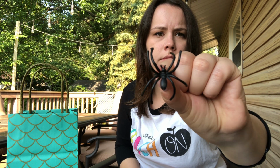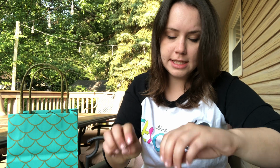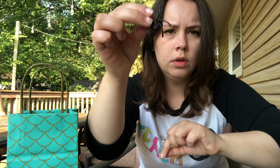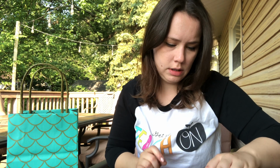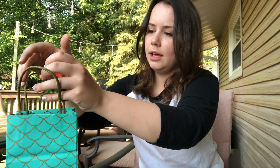What do you see? A spider. Is it an insect? No. Great job playing our game. Let's see how many we had that were insects and how many are not. How many were spiders? Let's count the spiders first. 1, 2, 3. 3 spiders. Let's count the insects. 1, 2, 3. We had 3 of each. That's fun. Okay, I'm putting them back in my bag, and I'm moving my bag over because the next thing